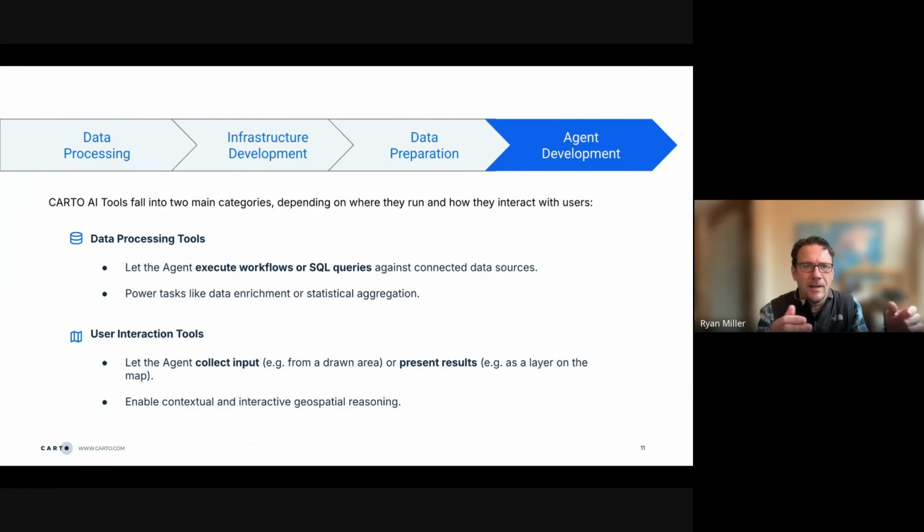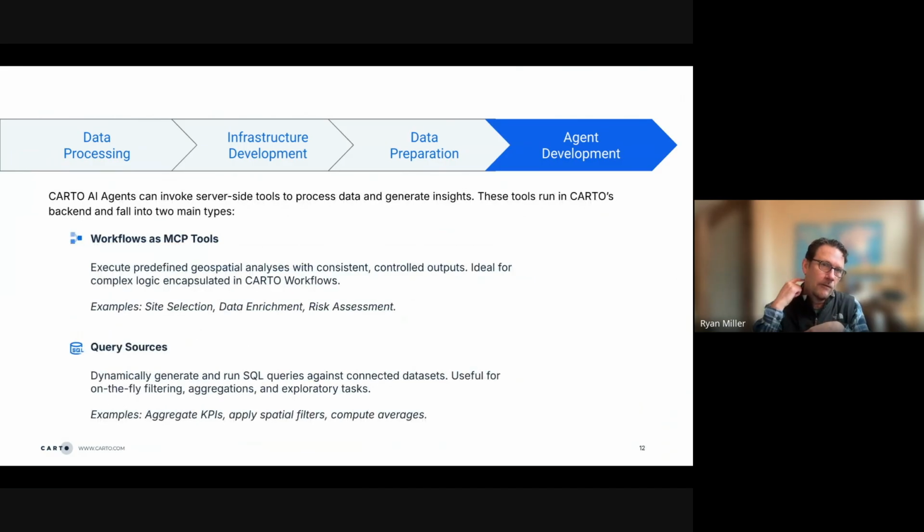So really it's tying together the contextual information and the geospatial reasoning that the agent is able to perform to give the end user the experience they're looking for.